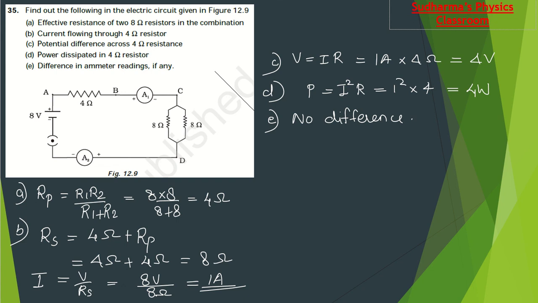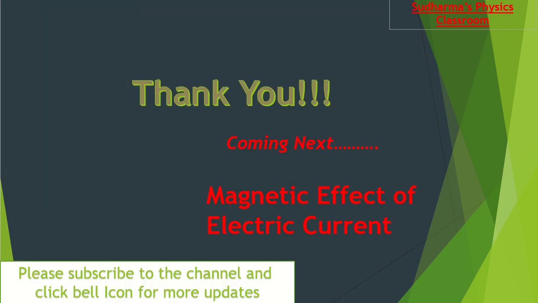Okay. So here comes the end of this chapter. So we have discussed the whole question answers of NCERT exemplar. NCERT textbook exercises are done during the discussion of the concepts. So go and check all the previous videos, revise the chapter and learn it properly. Okay. So the next video will be about magnetic effect of electric current. So make sure you practice all this. Magnetic effect of electric current is a kind of theory chapter. So it's a little bit different from the chapter we have already discussed.